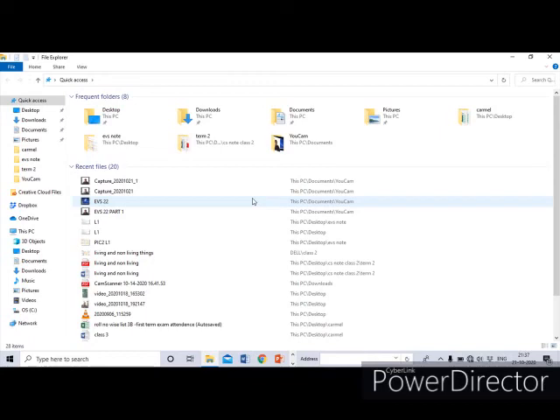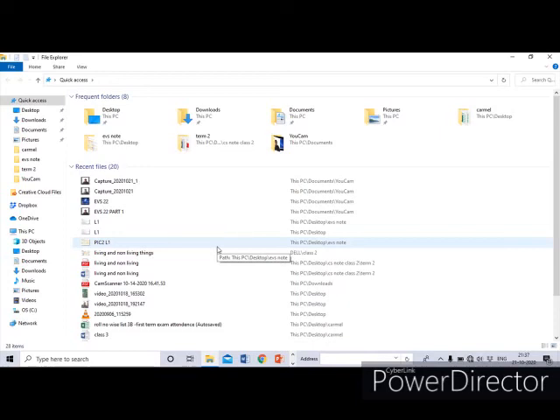It has two panes. This side is called the right pane, and this side is called the left pane. So the Windows Explorer window is divided into two panes, left pane and right pane.